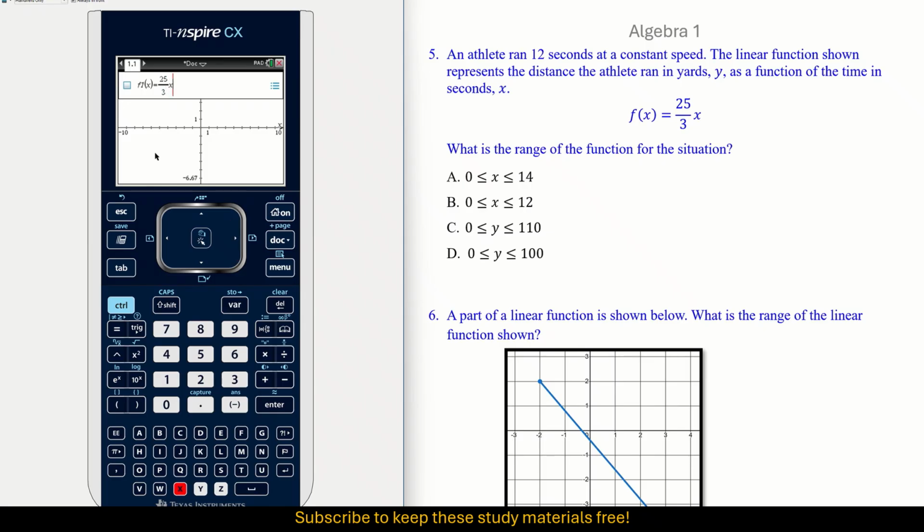Now we've typed it in. Now we need to enter it. So push enter and it's going to give me a graph, but it's not a graph that's really going to help me as it is. So yeah, I could trace and keep going up. Let's just create a table and see the value of 12 seconds